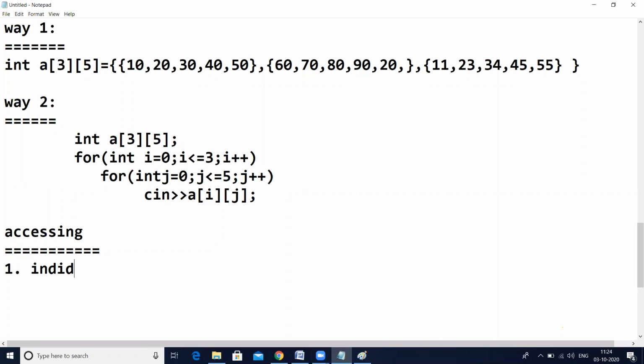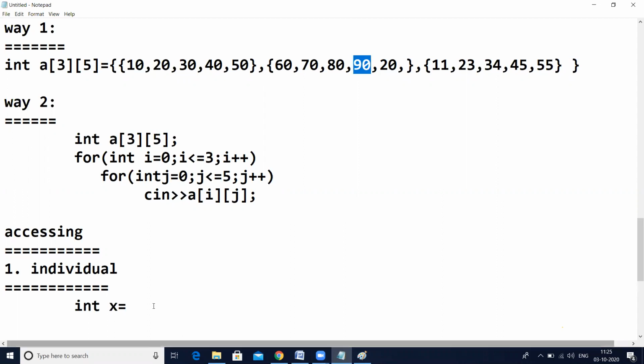First, individual element accessing. All these are integer values. Then we can take int x equal to whichever element you want to access. This 90 you want.